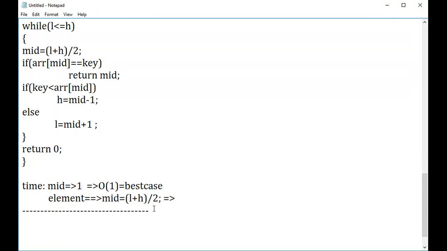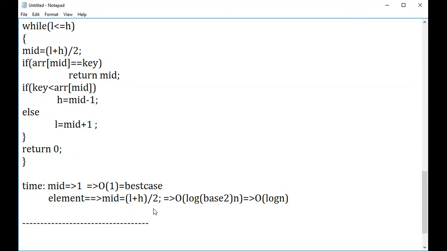That is nothing but we'll be getting a time complexity of big O of log base 2 of n, which can be written as big O of log n. Guys, if you have taken notes, just take the particular page and see it. For division, you will be getting big O of log n. That is the complexity we calculated. So that is the reason I gave you the overall hint of how to do it.